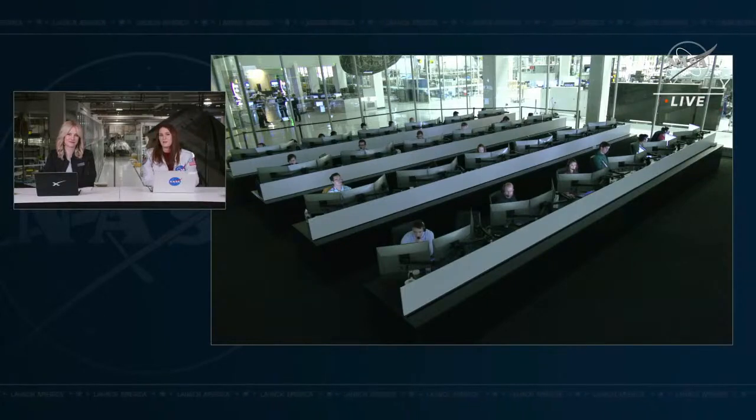So they've done a great job at providing options up there, and the crew members are assigned to each one. So they don't get to choose a favorite and only get on the treadmill every day. They have to make sure that they're also maintaining their muscle mass and their bone density with a little bit of weightlifting as well. One thing that I never took into consideration until I heard it called out during the